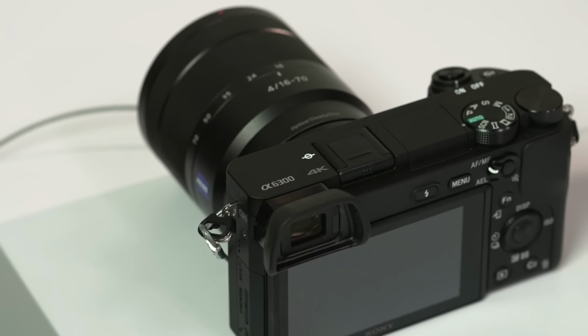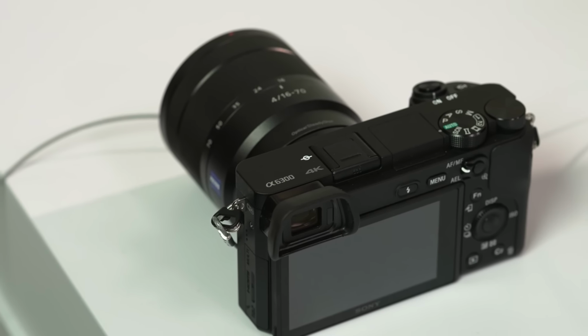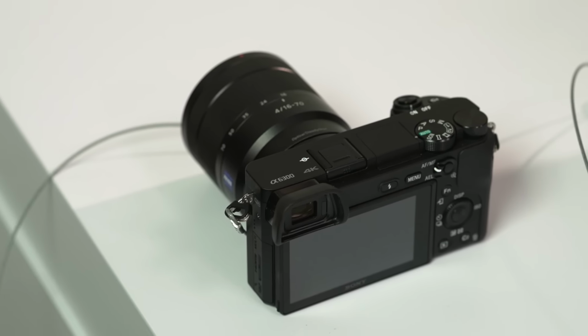I had expectations coming in. I had things that I thought weren't going to be great on the camera, and Sony actually blew my mind with this camera. Most of you guys know that I shoot mainly video. I do a little bit of stills, but mainly video now, and so a lot of people expected this camera